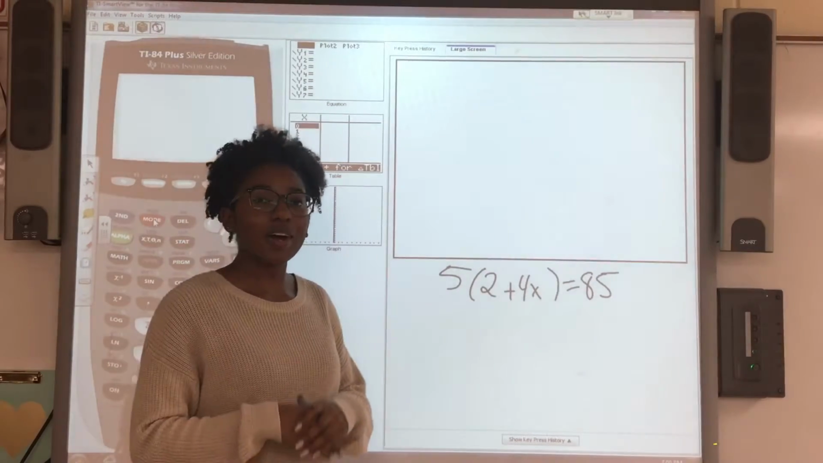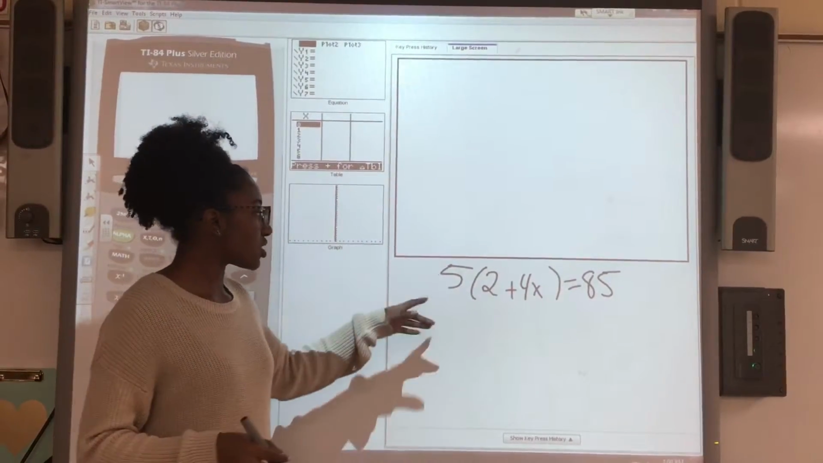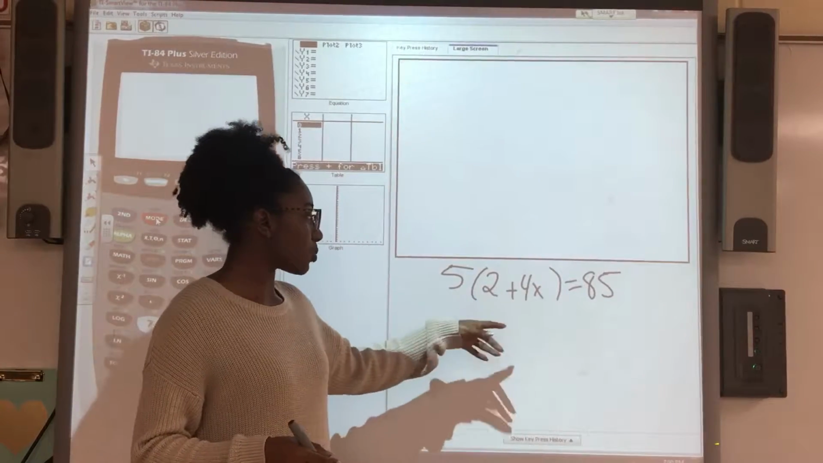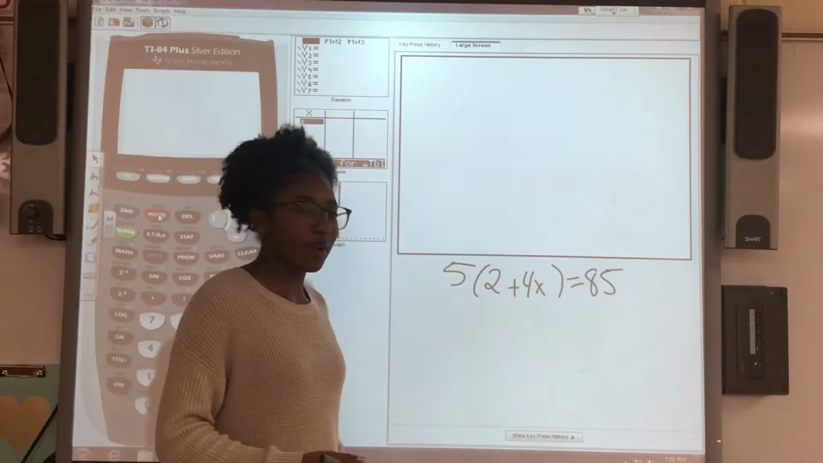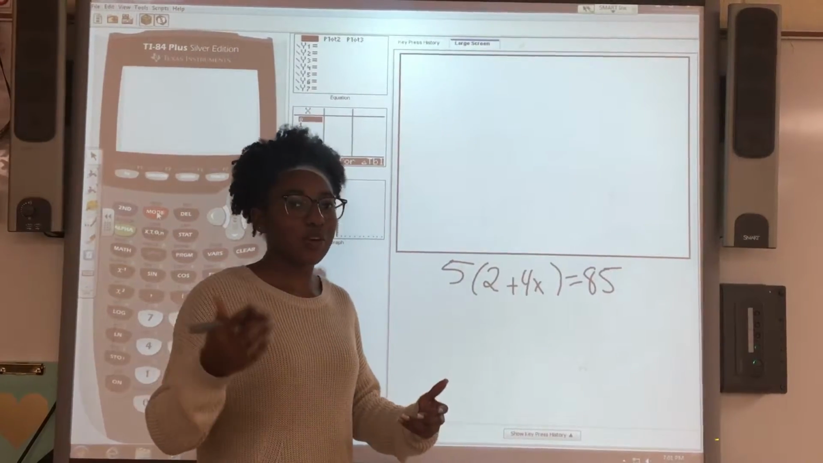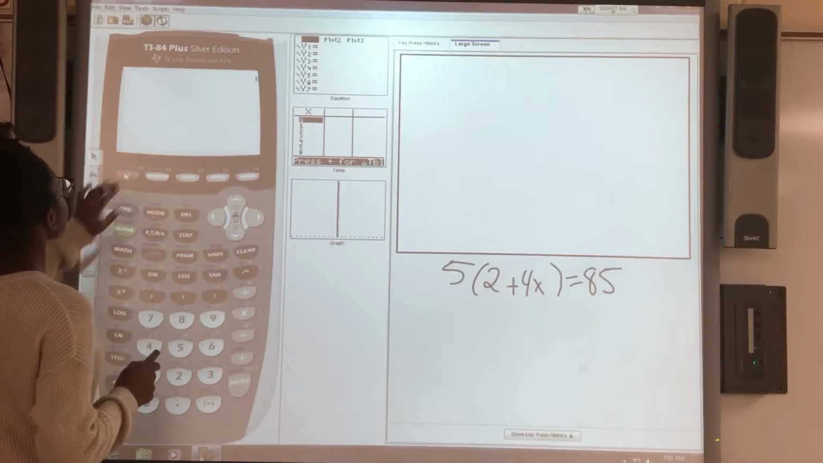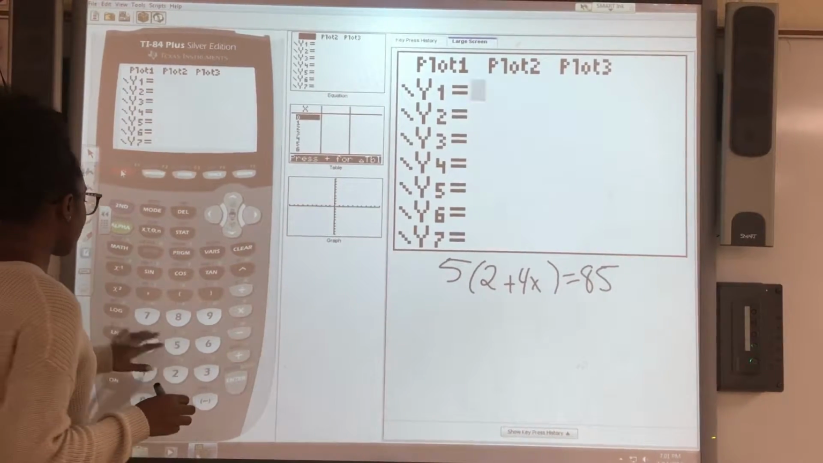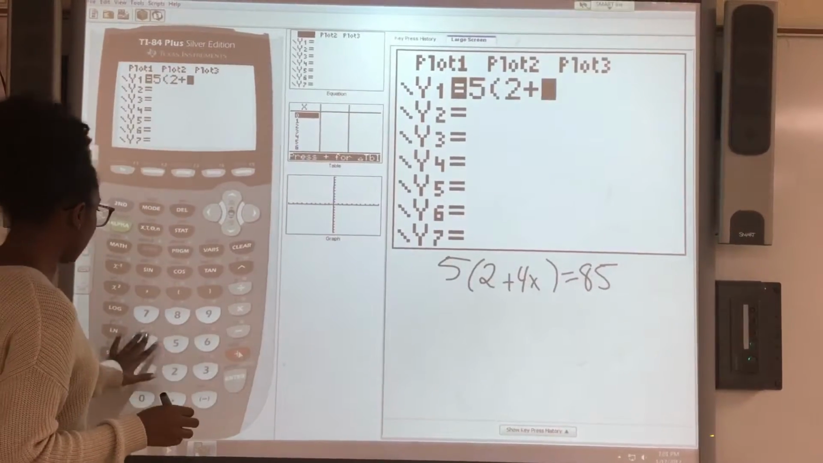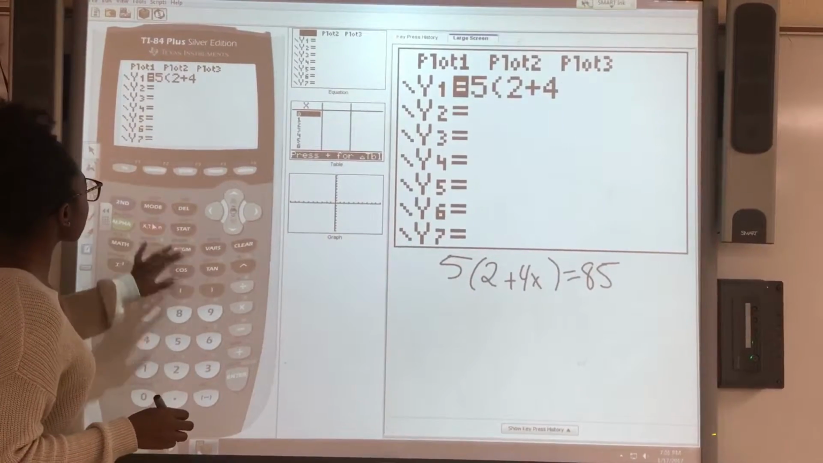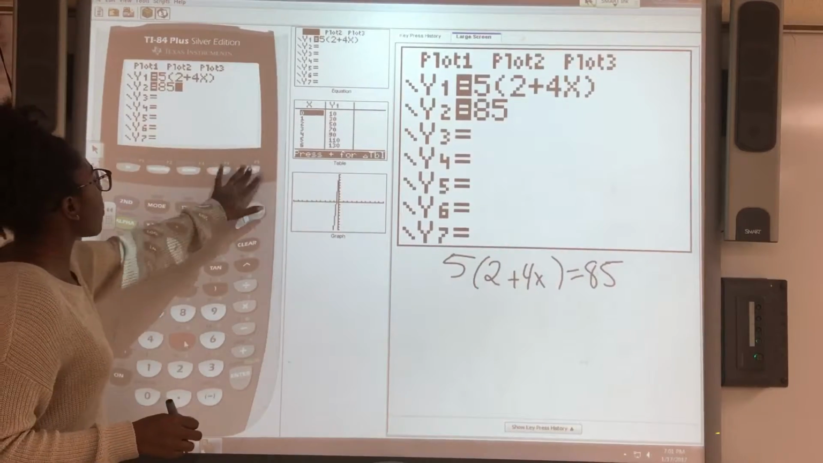Now the next equation we're going to do is another linear equation, just the simple 2 plus 4x equals 85. I'm not going to go through the pain of doing it by hand. I already know how to do that. So I'm just going to show you how to do it in the calculator like the other one. You go to y equals, you type in your first side, 2 plus 4x. And then the other side would just be 85. And like before,